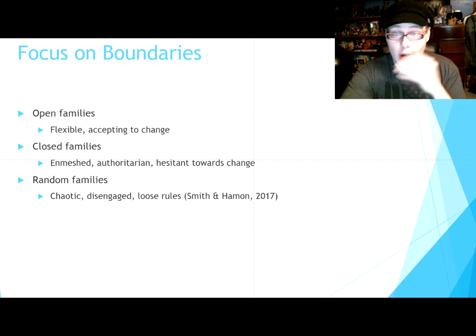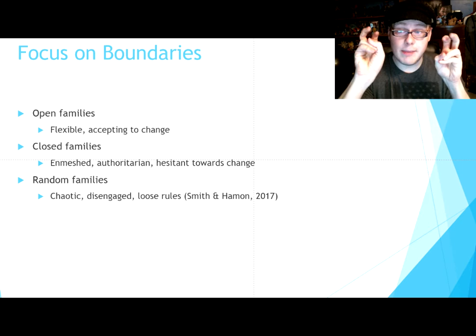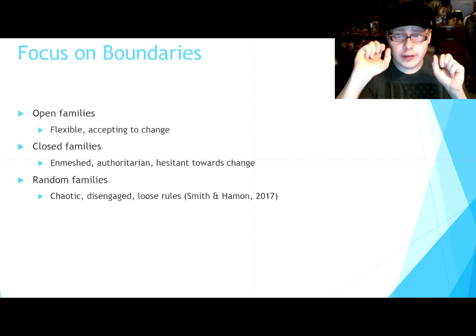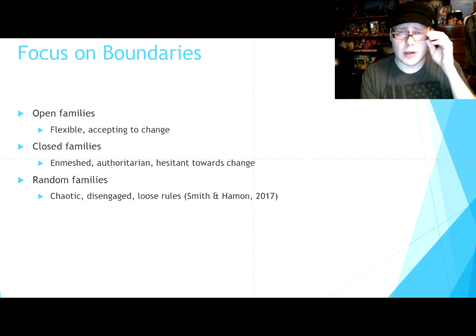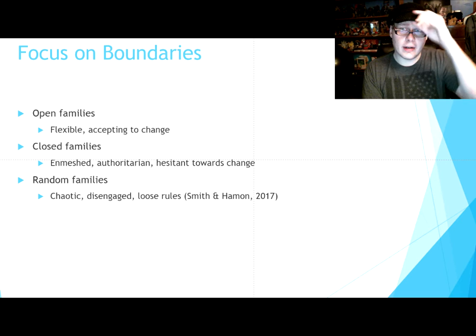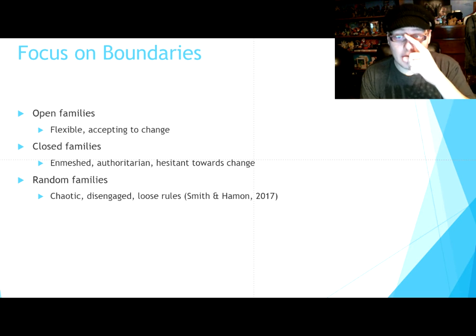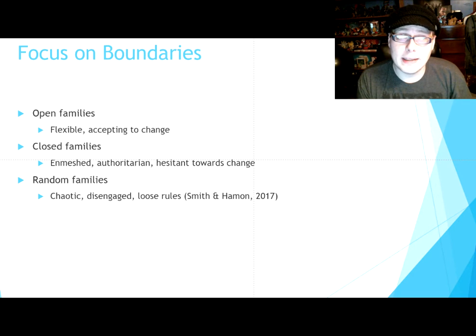Now, this may not go for every single enmeshed family there is. There's probably some exceptions. Some days they'll feel like, oh yeah, sure, it's fine. But for the most part, their habits will be to enforce these rules whereby there's not a lot of freedom exhibited.